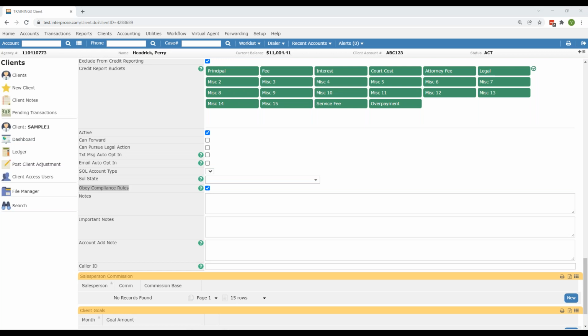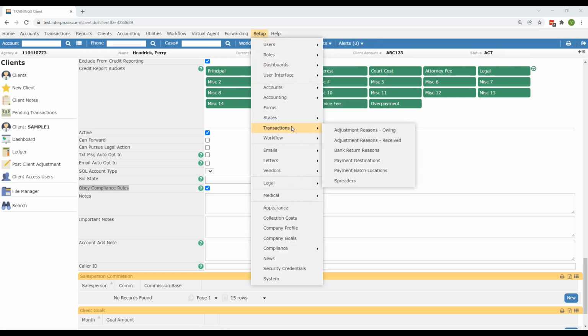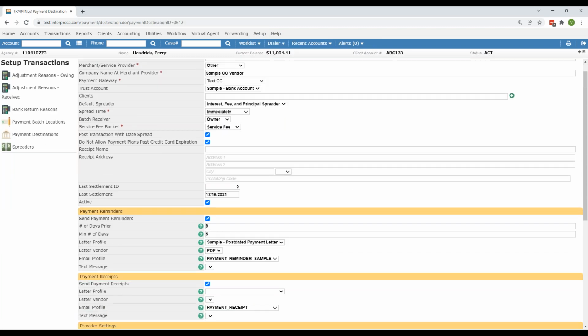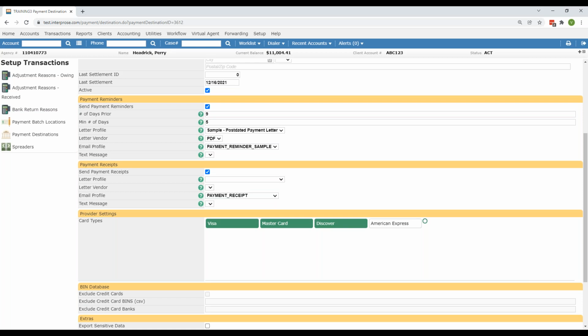I've got a couple. Yeah. So in going back to the payment destination screen where you were setting up the reminders and receipts. Yeah. All right, let me get to my credit card here. All right, so I just want to make sure I understand correctly. So looking at the reminders,